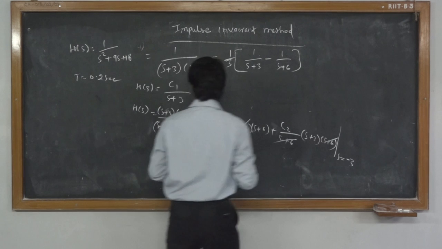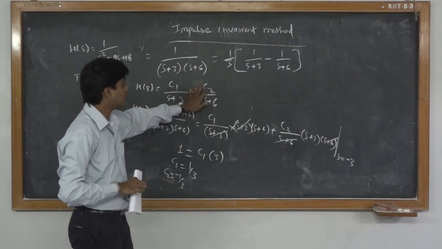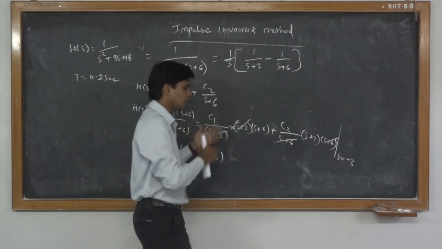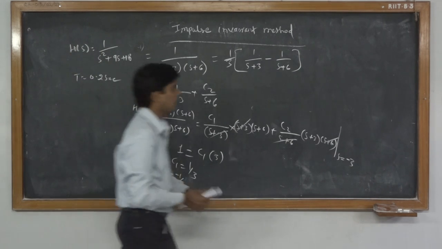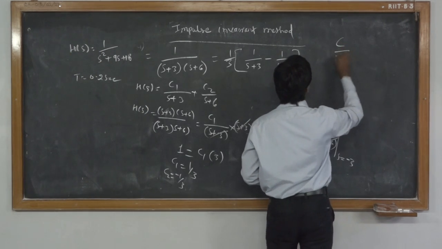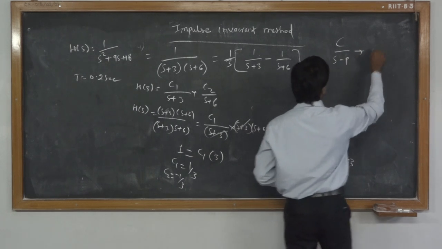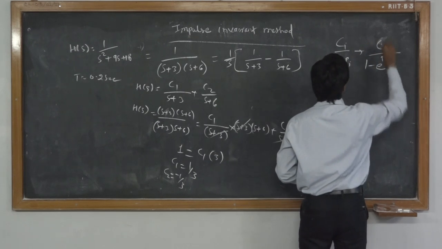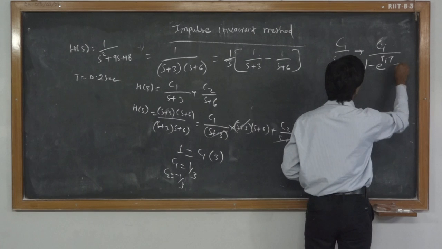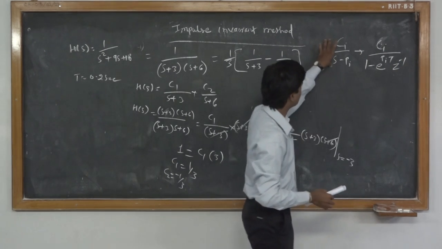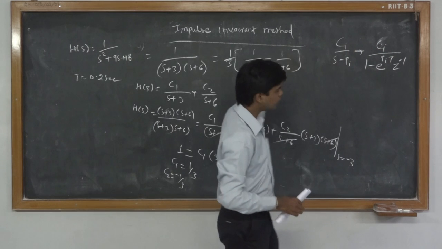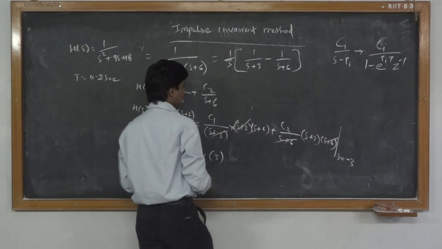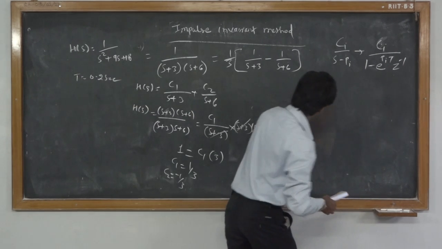So what I have done is that c1 is 1 by 3, c2 is minus 1 by 3. So I have taken 1 by 3 common, and then we can write it in this particular format. Now in order to convert this analog transfer function into its equivalent digital form, we use the impulse invariant formula that has been given as c upon s minus p. We write it as ci upon 1 minus e raised to pi T z inverse. So every term of this particular form is going to get converted to this, and that is going to give us the digital transfer function of the equivalent analog transfer function that has been given. So I have this part, and I will show you the further calculation.